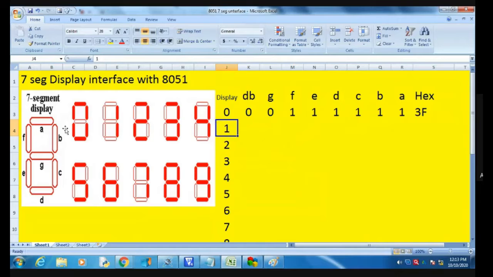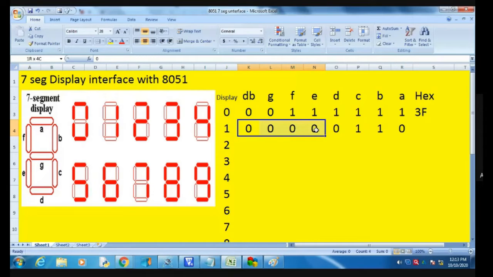Now for 1, we have to display 1. For 1, we only turn on the LEDs B and C. That is B and C we have to turn on, and the rest are 0. Okay. So what is the hexadecimal code for 1?